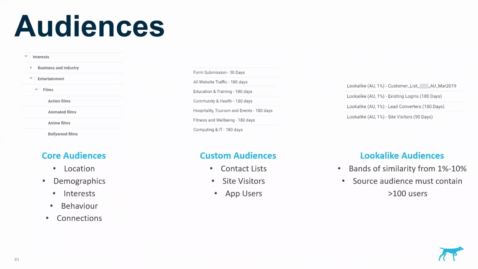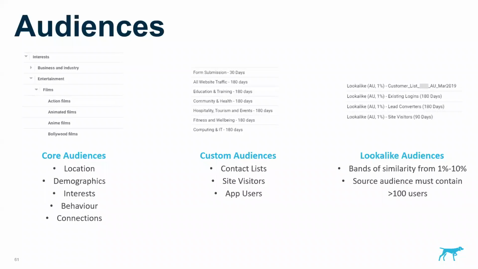So depending on how niche you need to be, it's better to try and stick at the top end of the funnel for reach. There's also the options for connections. And remember, all of these can also be negated. So you can look at people who like your Facebook page or who like Facebook pages of competitors even, or you can exclude people who already liked your Facebook page and are familiar with your product.